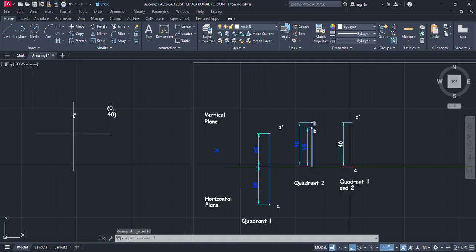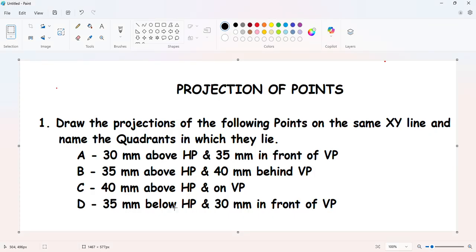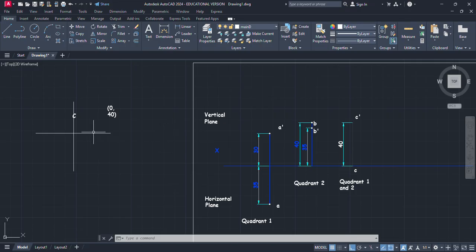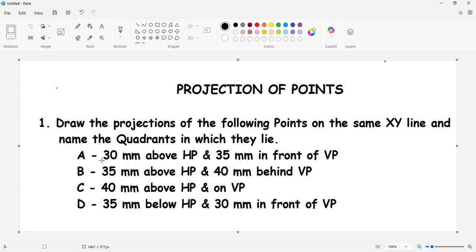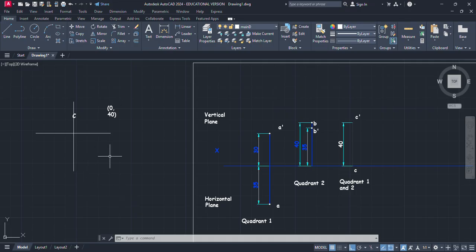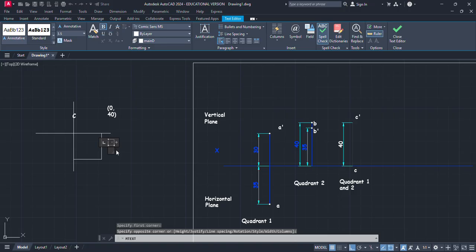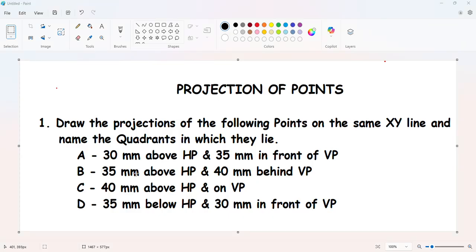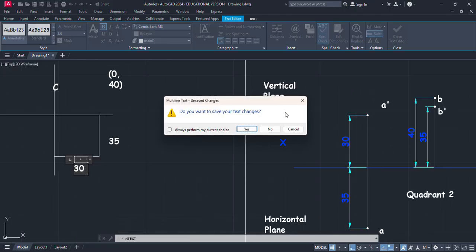Now for point 4, which is 35 mm below HP and 30 mm in front of VP. So 35 mm below HP means just below this horizontal line. So the point is 35 mm below this line and in front of VP, 30 mm in front of VP. So the point is in the fourth quadrant. Suppose this is here. This is below HP 35 and in front of VP 30. So this is our point D,